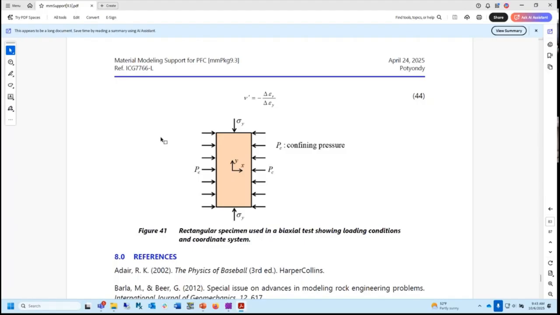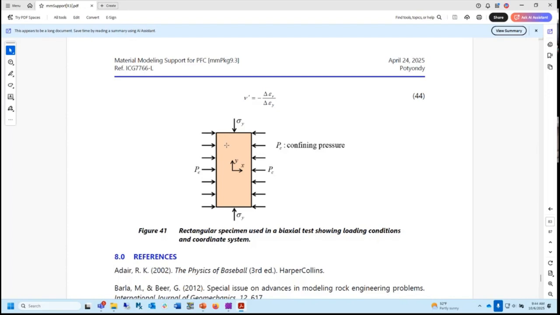Then the question arises, if you model this as a whole bunch of balls, which are like unit thickness discs, and you squeeze that, what the hell is that? Is that plane strain? Is that plane stress? So think about it. You got these discs, they're like pencils. Well, you could do this in a physical laboratory, right? You could take cylinders, like acrylic cylinders, that are a unit thickness in depth, and you could stack them together to fill up a rectangle. It'll look just like a PFC2D model.